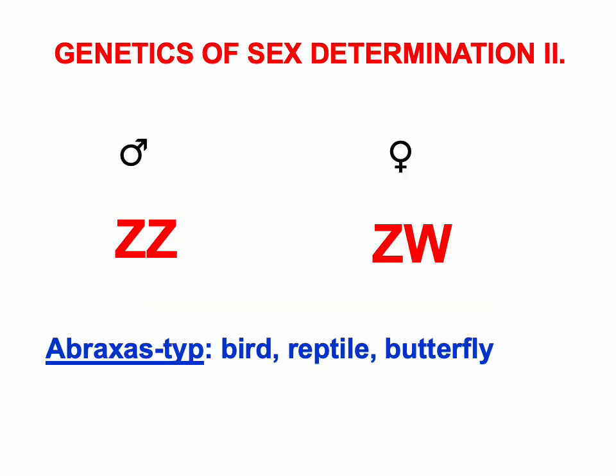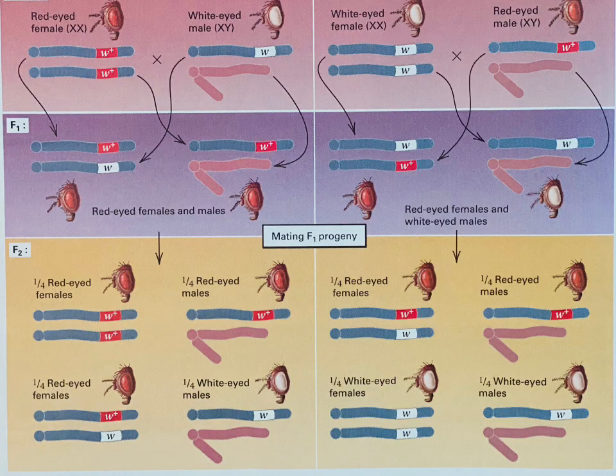The second class of the genetic sex determination is the Abraxas type for birds, reptiles, and butterflies. This is the ZZ for the males. They have two equal chromosomes, and ZW for the females, where the W is a very small chromosome, close to the 0 chromosome. And here you see the crossing of